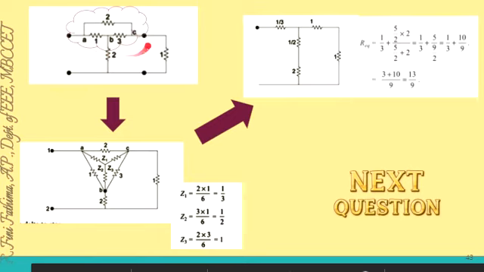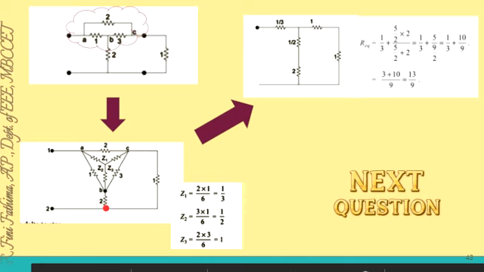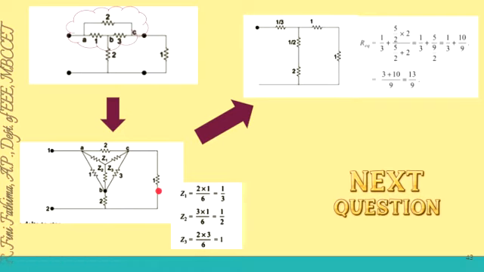What I have done is I have taken this upper delta connection and converted it into the corresponding star. This 2 ohm, this 1 ohm, here 1 ohm, and this 3 ohm are converted to here. I have drawn it so we can understand it is a delta. Then from B there is a 2 ohm, from C there is a 1 ohm. I have redrawn the circuit to make it understood very clearly.